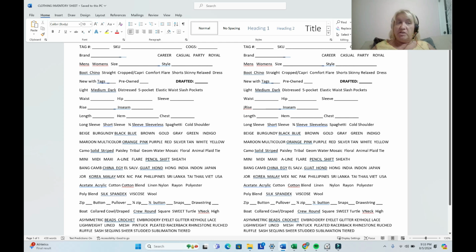But if it's new with tags, I do circle it. What I'm probably going to do, and that's the wonderful thing about this sheet, is it's so flexible. You can take away or add to it at any time. So probably what I'm going to do here is take pre-owned away, and I'm going to put new without tags